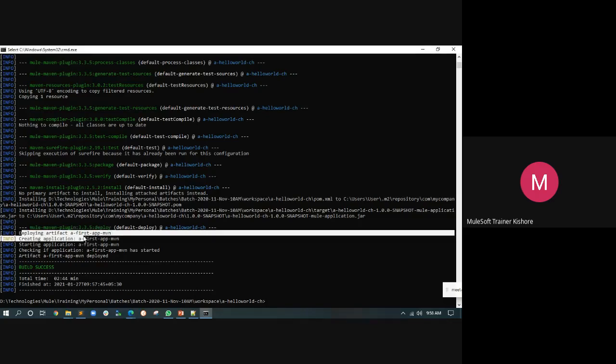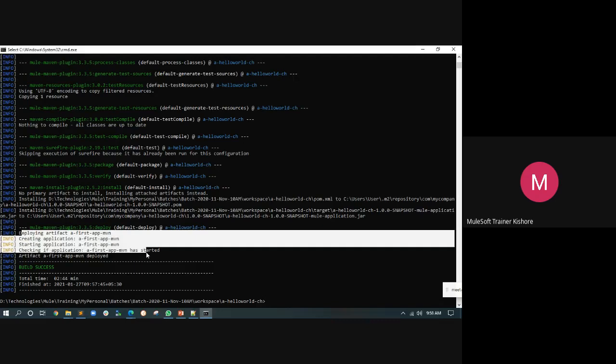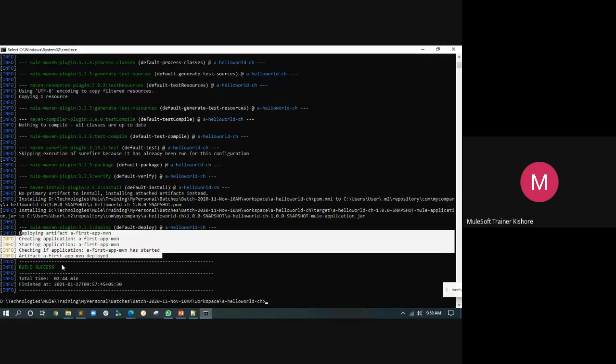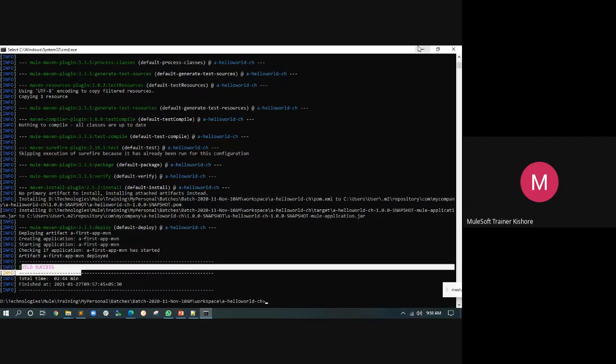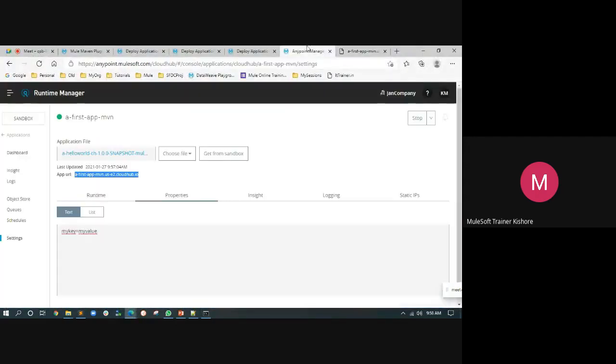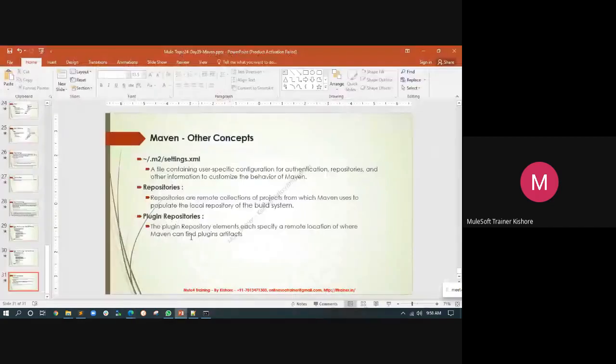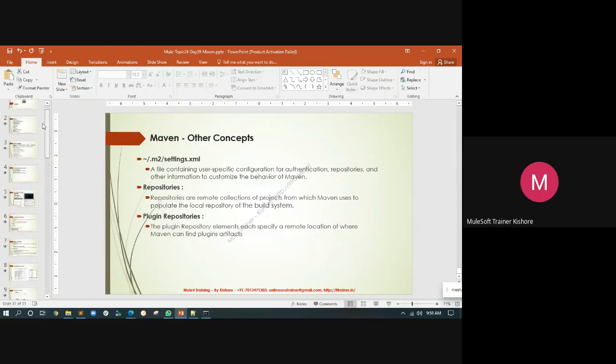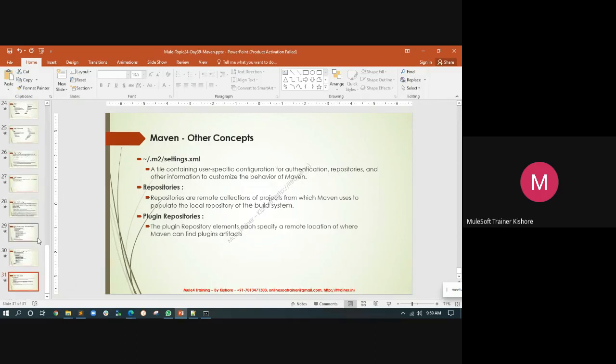So we deployed, created the application, started the application, checked whether the application is started or not, and then finally it got deployed and your deployment was a success. Your deployment is done, and then we have tested. So that is what overall about the Maven session we covered. I think I covered from scratch to end, maximum we covered, and then we successfully deployed your application into this.